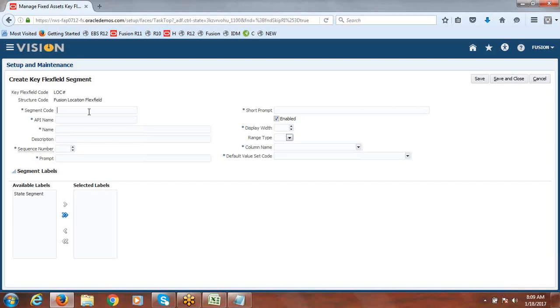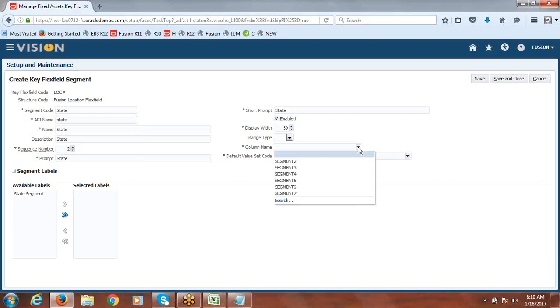So here next segment is state. What we given country we completed, right? Sequence is going to be second segment. Give 30 because value set creation time we given 30. Up to that size max we can use as a width.